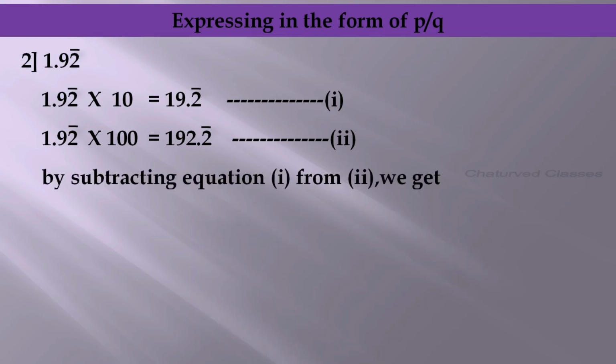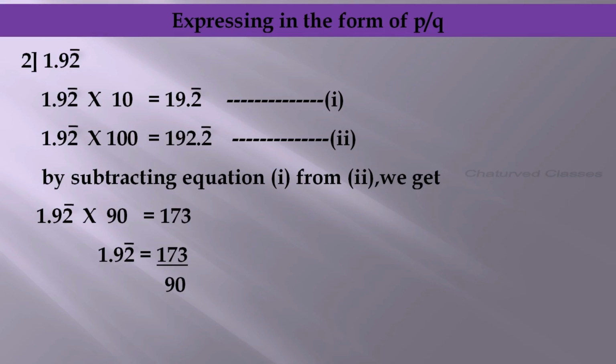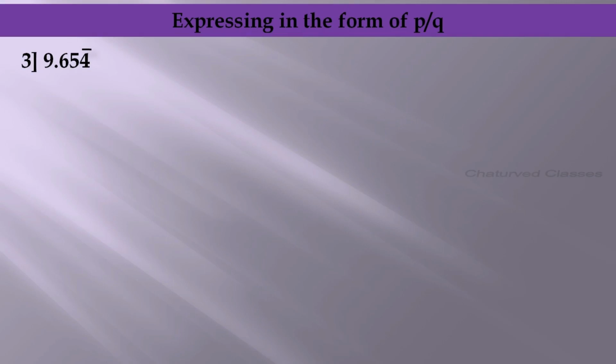By subtracting equation 1 from 2, we get 1.92 bar into 100 minus 10, which gives 90, and 192 minus 19 gives 173. So when you write it in the form of p by q, 1.92 bar is 173 by 90. Let us move to the next example, that is 3. The third example is